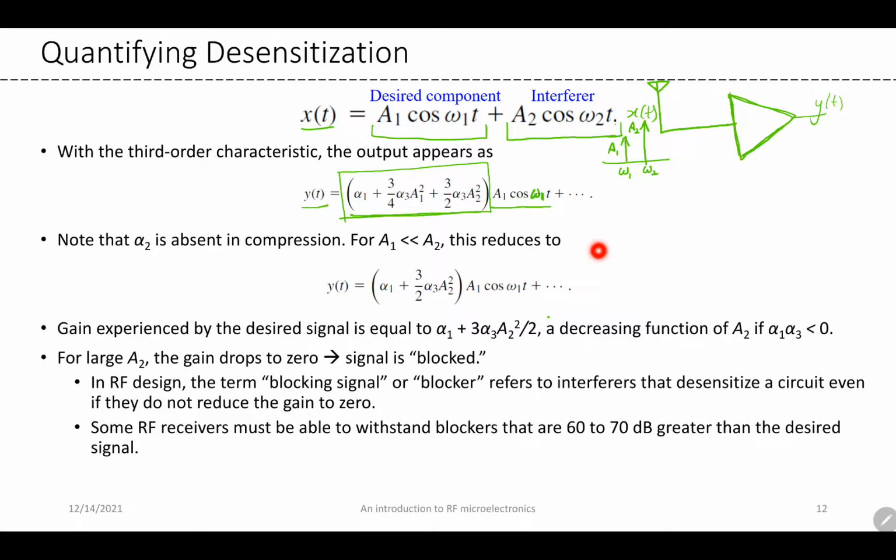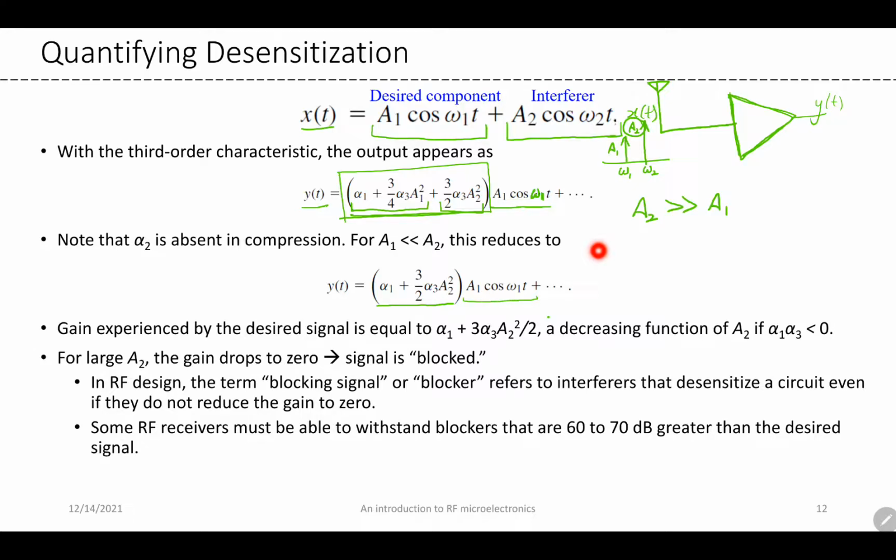There is the typical alpha 1 plus 3 by 4 alpha 3 a1 squared, but there is another term, 3 by 2 alpha 3 a2 squared. And if a2, the amplitude of your interferer, is much larger than your desired signal, then the gain of the fundamental frequency